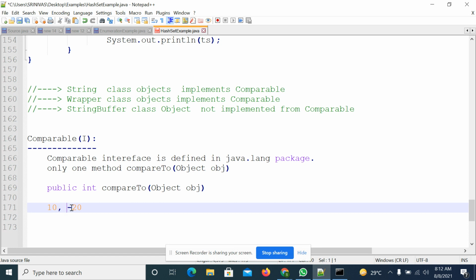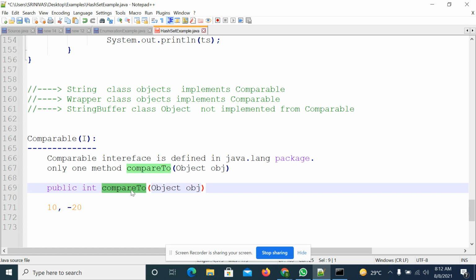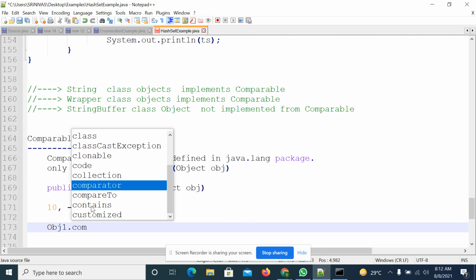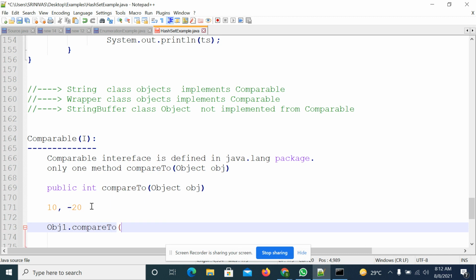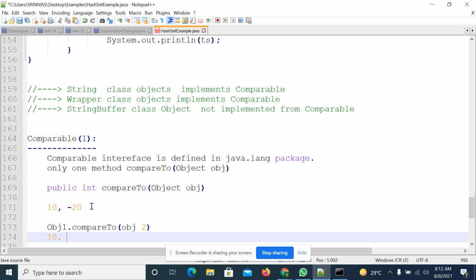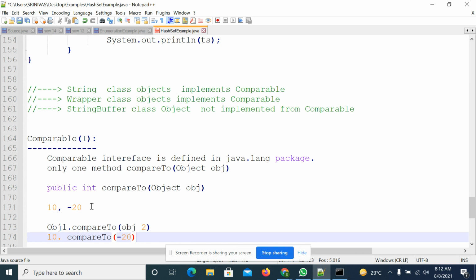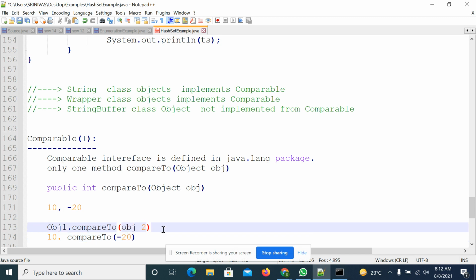After that, when you try to insert the second element, it will call this compareTo method and verify against the existing data, that is object 1. On top of object 1, it will call the compareTo method by passing object 2. In this case object 1 is 10 and it will compare it with minus 20. In this way the method will be called. I hope you are getting the point.